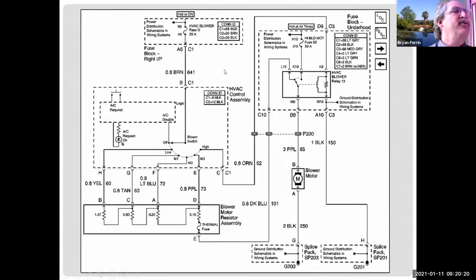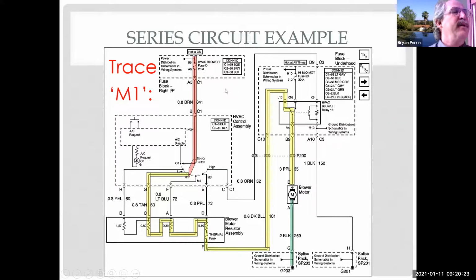I'll go ahead and click this one so you can see what we're doing. So here we traced M1. So I've got power coming down to switched power in yellow through one resistor, through another resistor, through a third resistor, through the default position of the relay, to my blower motor, to ground. So where it's green is always going to have ground. Where it's red is always going to have power. The yellow is going to change its voltage